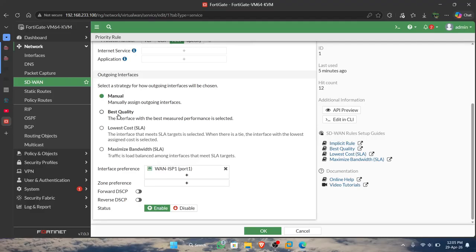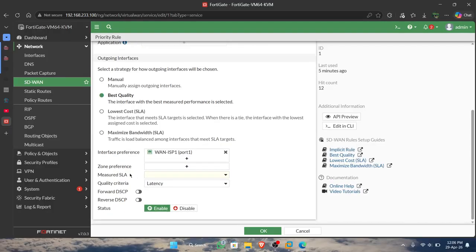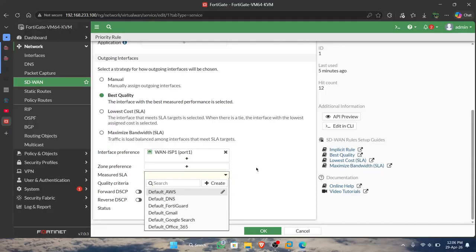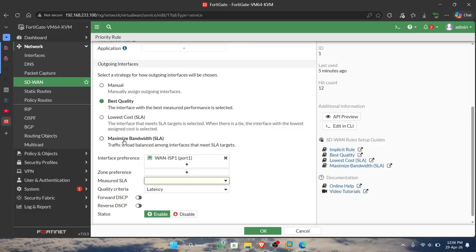If we make this load balance configuration, we must create an SLA. This is the column, if we activate the outgoing interface for best quality, lowest cost, and maximum bandwidth.